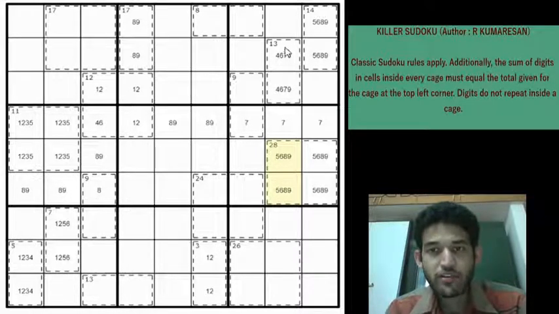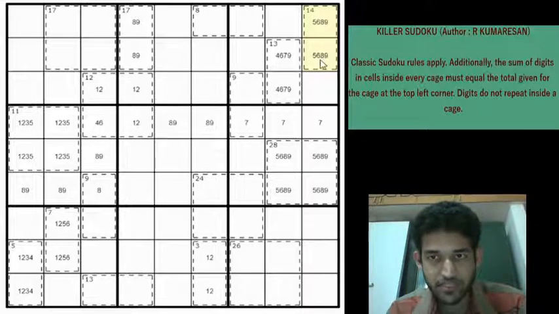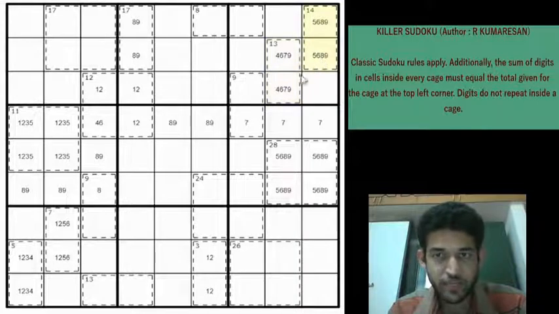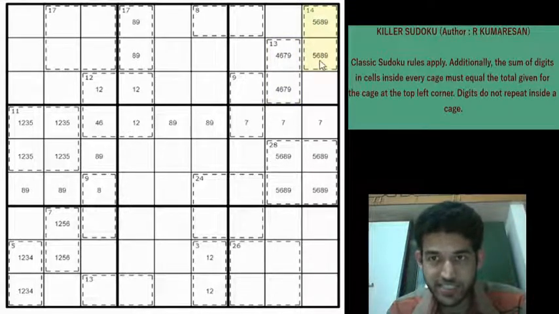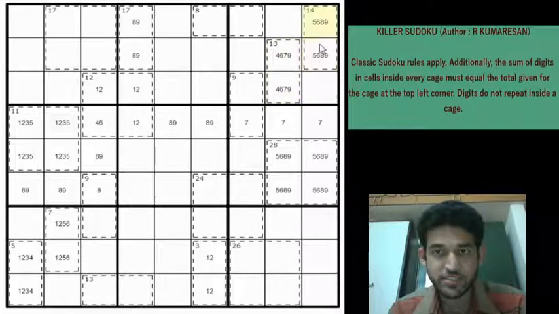Okay, so if you have a 4,9 here for the 13 cage, then this cage becomes 6,8 because 5,9 is eliminated. So this will be 6,8 and your 9 goes here. And if you have a 6,7 for the 13 cage, you will have the 14 cage as 5,9 and your 9 goes here. So in both the scenarios, we know that 9 must be for certain inside these 4 cells, right? A simpler way to look at it is, can you satisfy both the 13 and the 14 without using a single 9? Not possible, right? Because if you have a 6,7 here, you have a 5,9 here. If you have a 6,8 here, you need to have a 4,9 here. So a 9 must be locked in these 4 cells.